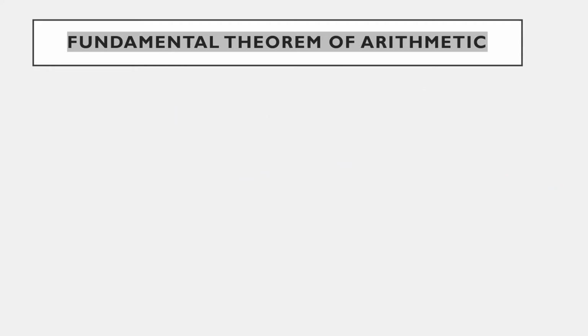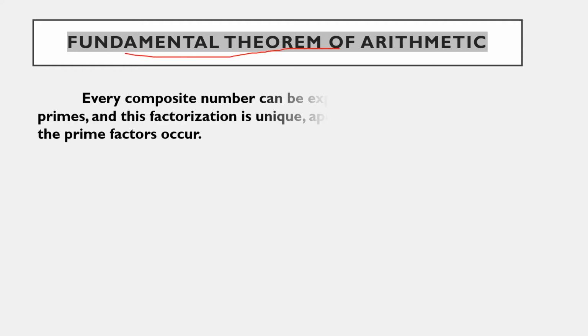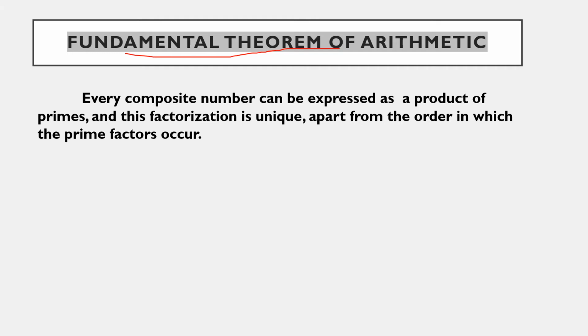So next, what is this fundamental theorem of arithmetic? Every composite number. So here I mentioned the word composite number. Composite number means you should remember the letter what? This is for your remembrance. O. Right? So O means it should go in other tables also. So it goes in the one table, it goes in the two table, and it is going in the four table.